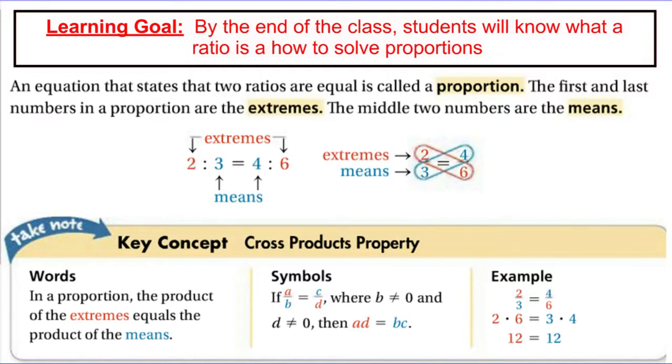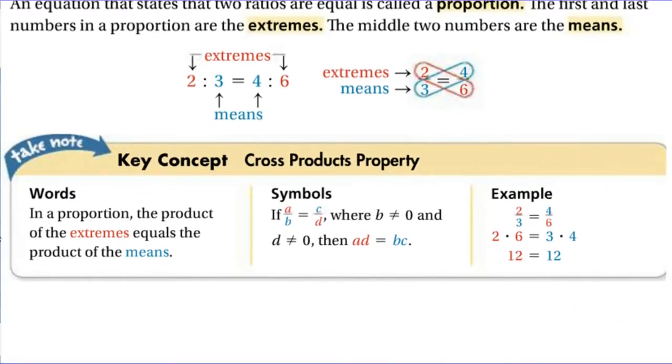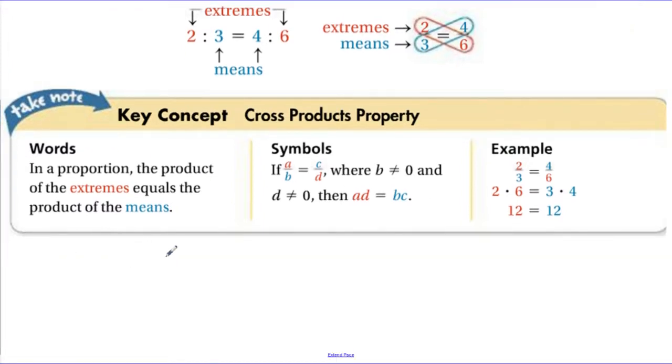So that's the vocabulary, means and extremes, that you're going to see when we talk about properties of proportions. The first property of proportions is something that you know, and that is called cross products. You've used this if you've ever solved a proportion before. Here's the idea. If I do something like 3/5 is equal to 6 over 10,